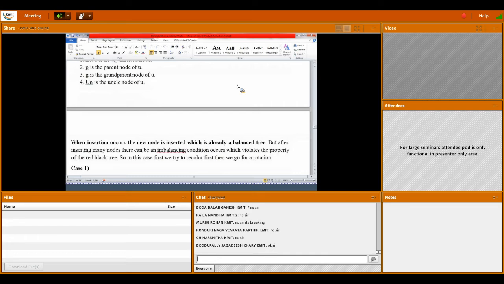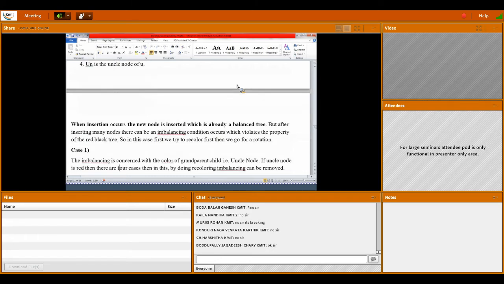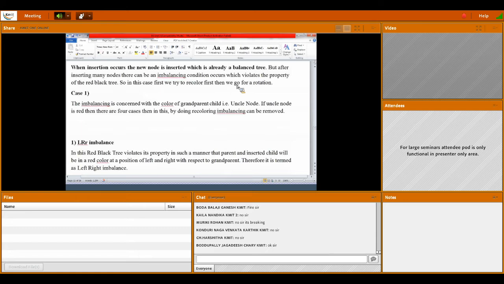When a node is inserted into an already balanced tree, after inserting many nodes an imbalancing condition can occur which violates the properties of the red black tree. So before insertion it is a balanced tree, it is a self balanced tree and it is a BST, but after insertion there may be an imbalance in the property.